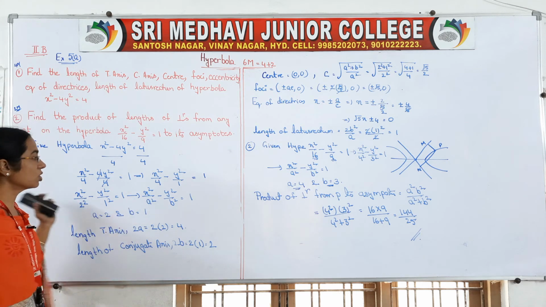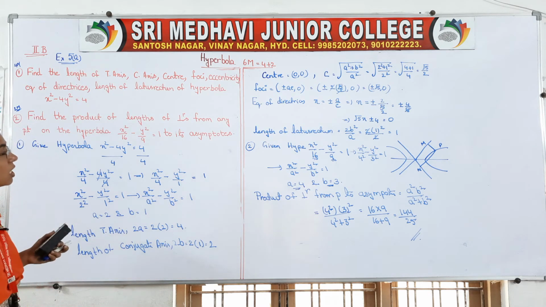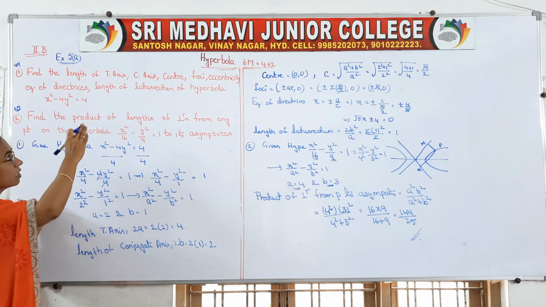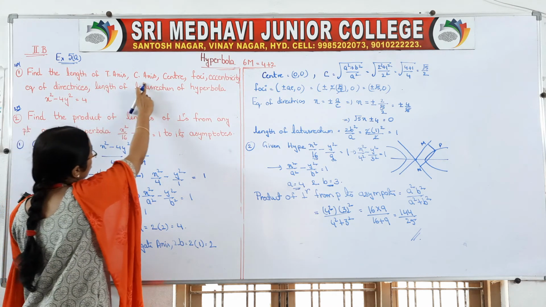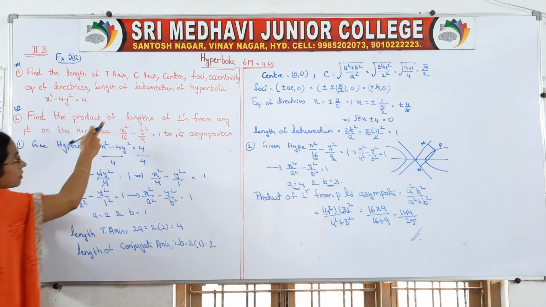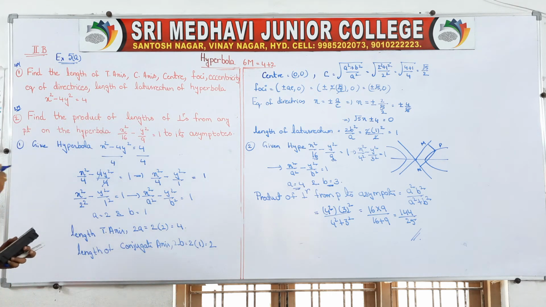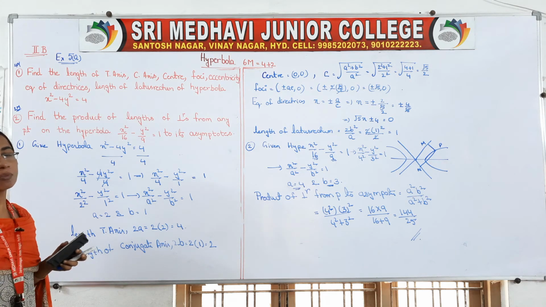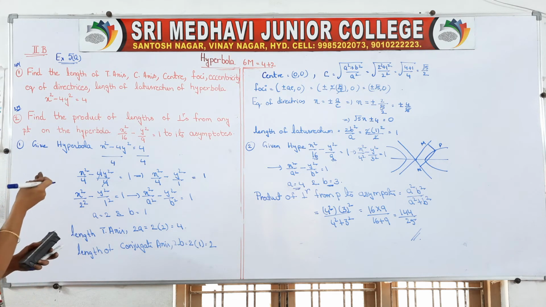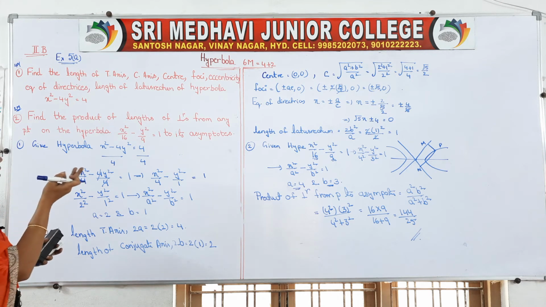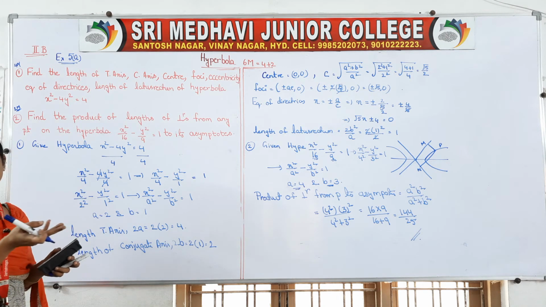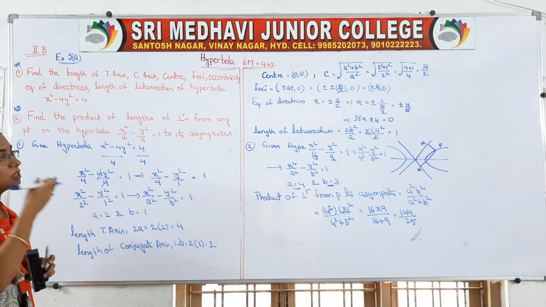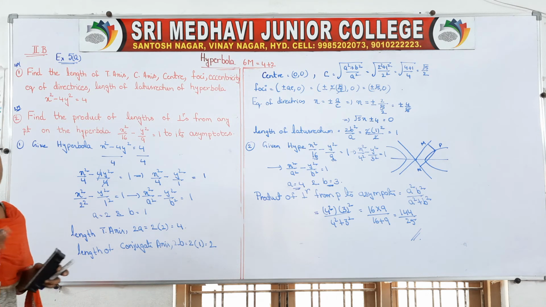This is a 2 marks question and this one is a 4 marks question. Sometimes they will ask only 2 things. Here how many did they ask? 1, 2, 3, 4, 5, 6, 7. There are 7 small sub questions in this one. Sometimes they will ask only 2, right? Find the center, foci, find the eccentricity and length of latus rectum for 2 marks. If all the values are asked, it belongs to a 4 marks question.